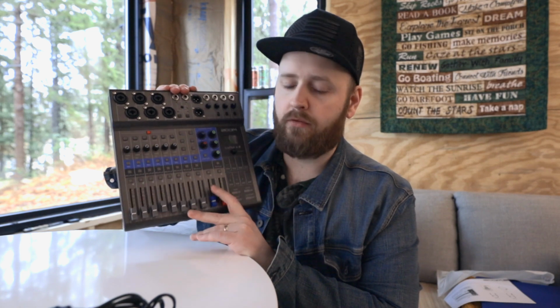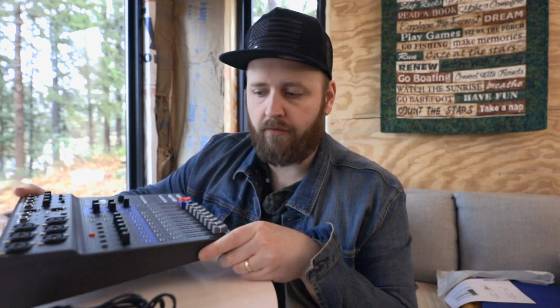This thing is, as you can see, a little bit big for a travel recorder. If you're wanting to really be able to take things on the airplane and stuff, you can do it. It'll fit in a bag. It's not monstrous, but it is a little bit sizable compared to some of their other options. Like I have a video about the Zoom F1, which is absolutely minuscule, a little tiny thing. So it's not the most portable option ever, and it doesn't have a microphone. It doesn't have the talkback mic. I wish it did. It doesn't have a microphone built in, but this is infinitely more capable of doing different